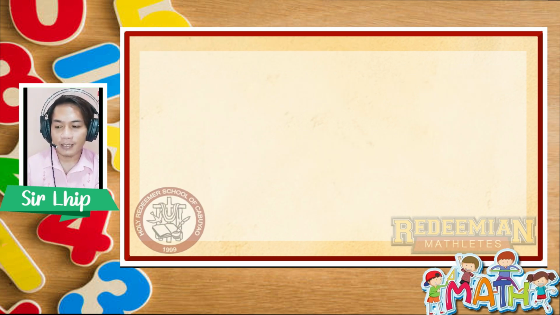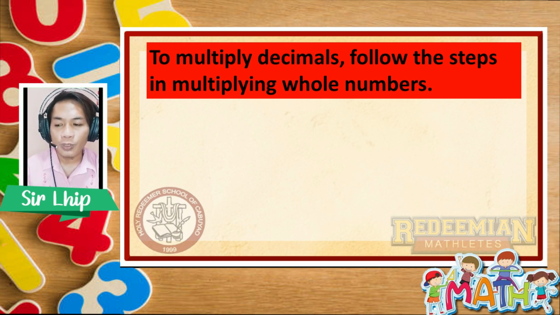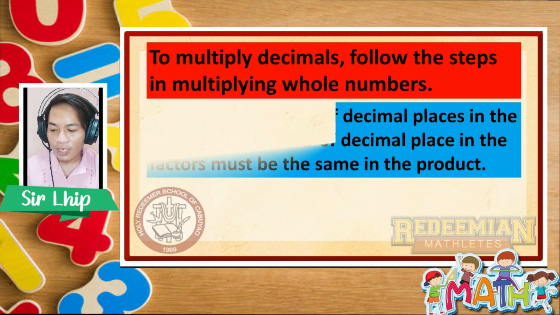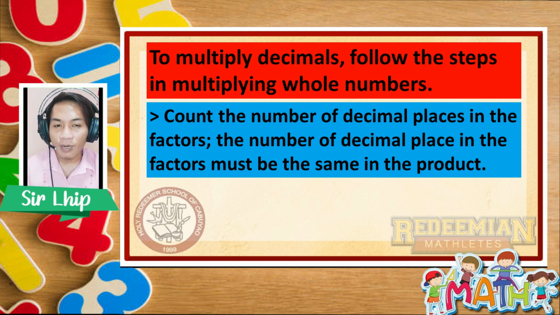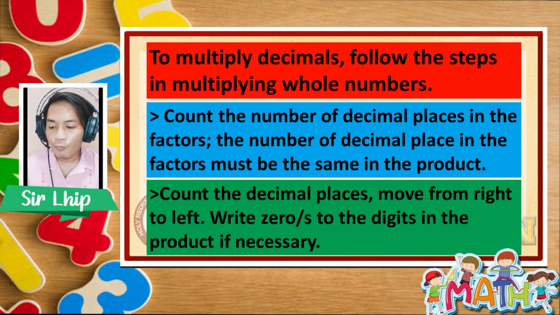Multiplying decimals. To multiply decimals, follow the steps in multiplying whole numbers. Count the number of decimal places in the factors. The number of decimal places in the factors must be the same in the product. Count the decimal places. Move from right to left. Write zeros to the digits in the product if necessary. Example,